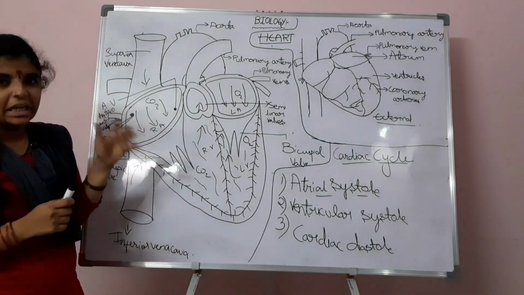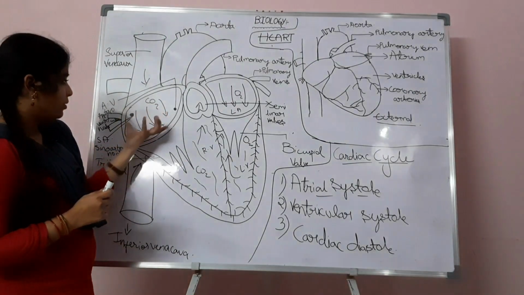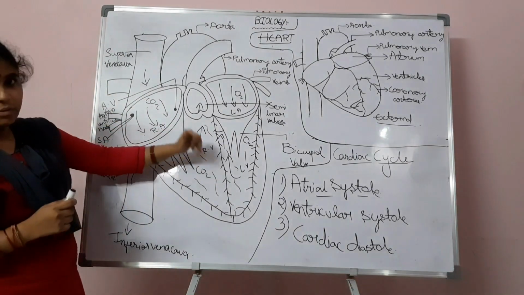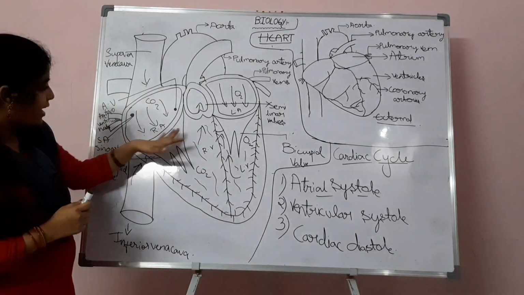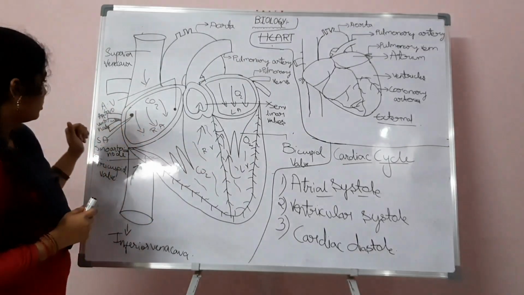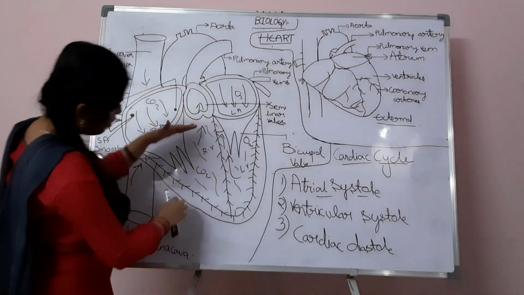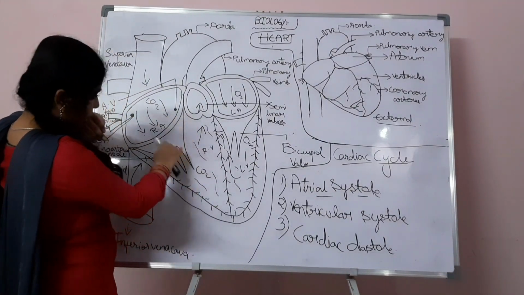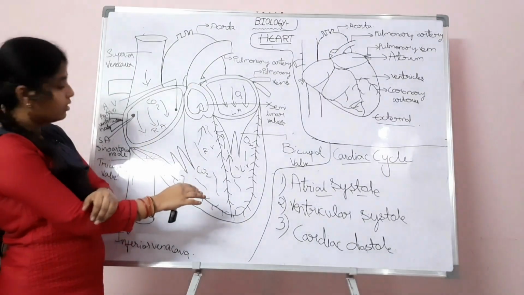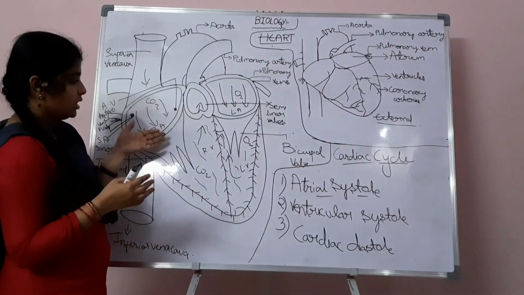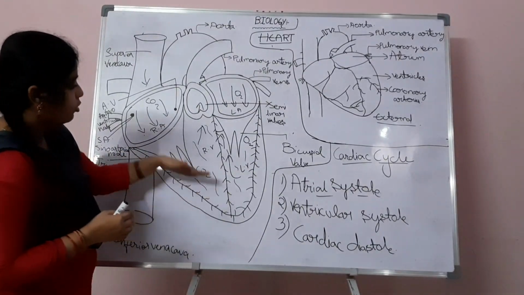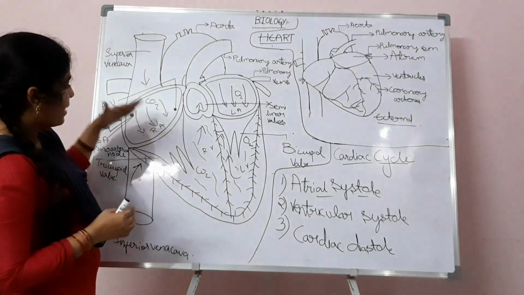From that, contraction takes place, and by this contraction the blood from the right atria moves to the right ventricle, and these valves get closed. After that, blood enters into the right ventricle. When the blood is released from the right atria to the right ventricle, the pressure of the blood is controlled by the heart strings. They do not allow the blood to move backwards.